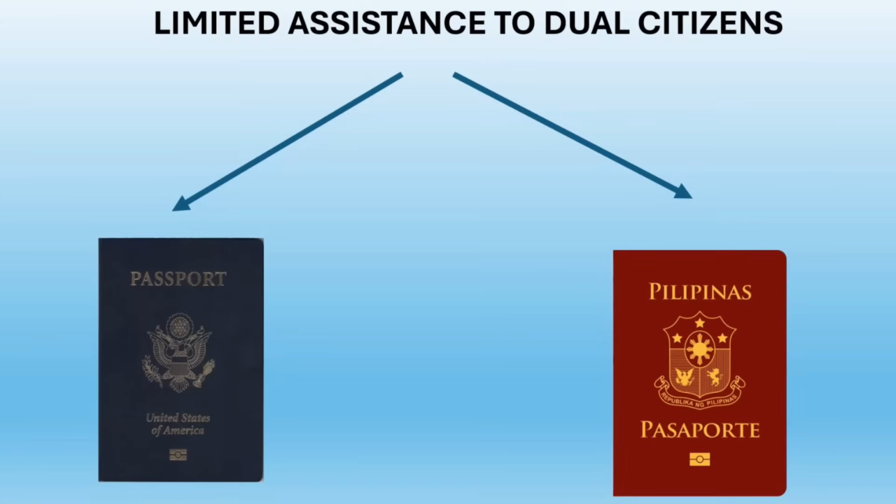The fifth reason is the limited assistance to dual citizens, especially if you live in a foreign country. Having dual citizenship can also pose some personal challenges, such as having a cultural identity and having a close connection to a certain country. In some countries, you may not be eligible for the same level of government assistance as a person who has a single citizenship. And there are certain subsidies or benefits that you may not be able to avail of if you have dual citizenship.